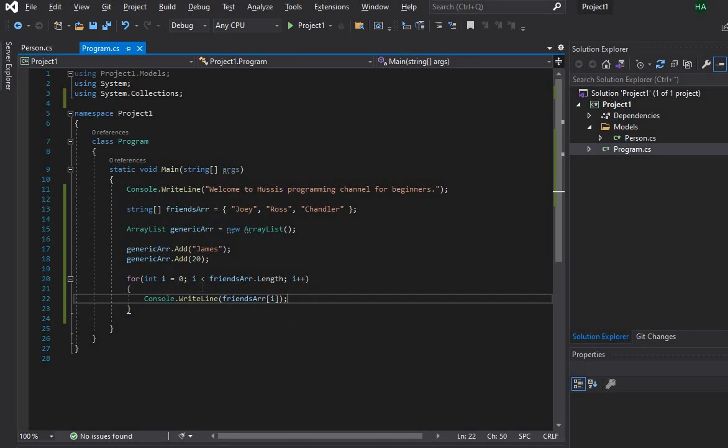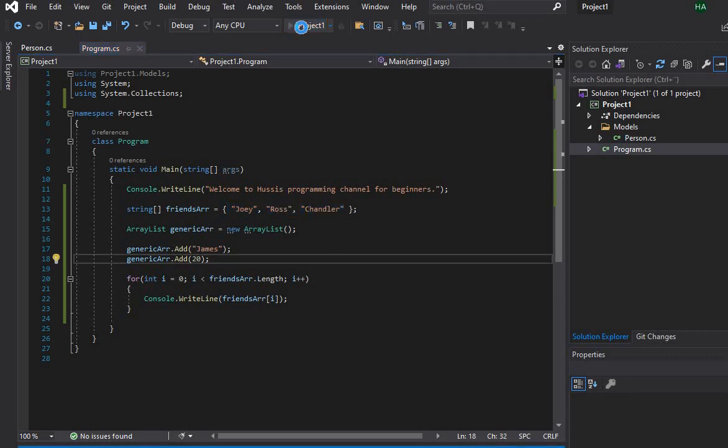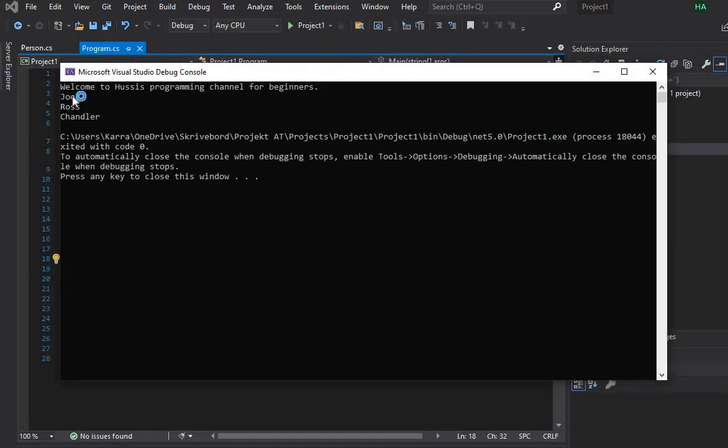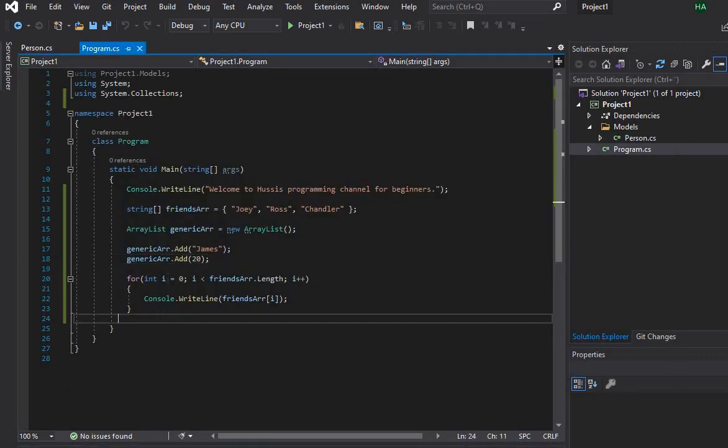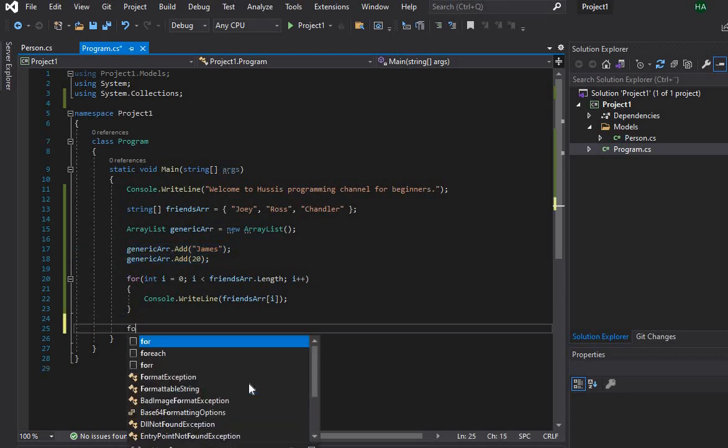Okay, so if we try to run this code, we should print out these three names. And you can see Joey, Ross, and Chandler are printed out. So now let's say we want to print this out. We can use